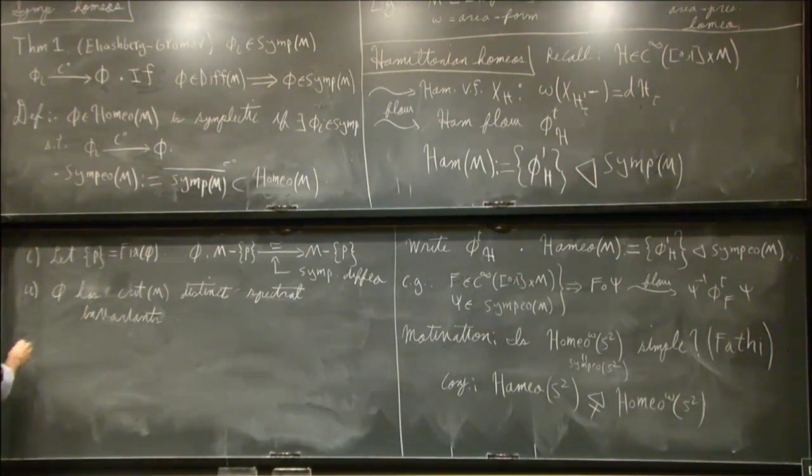And then there's one other thing I was going to say. This example just looks more and more bizarre. But here's one other thing that could go wrong. Another thing you might say is that this closure of Ham turned out to be a bad definition for Hamiltonian homeomorphisms because you couldn't prove anything for it. Now we pass to a subset that's more restrictive, and it turns out you can't prove any... Okay, you could prove some interesting things over there, but there's no fixed point theory for these either.